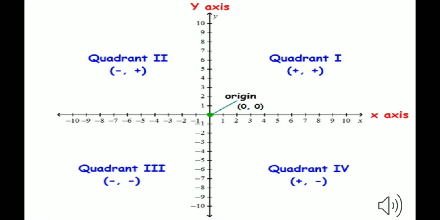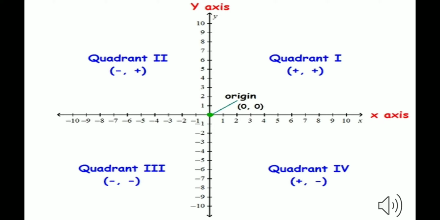So, beginning with the graphs, we know that the graph has two axes. One is the x-axis and one is the y-axis. X-axis is always taken as the horizontal axis and y-axis is always taken as the vertical axis. The point at which these two axes meet is known as the origin. In that way, we divide the graph